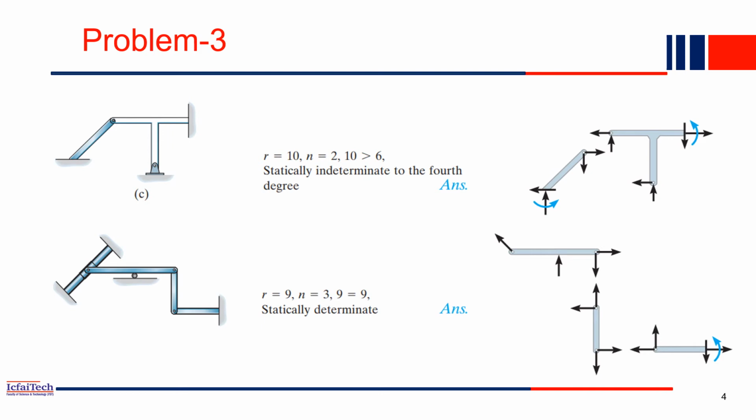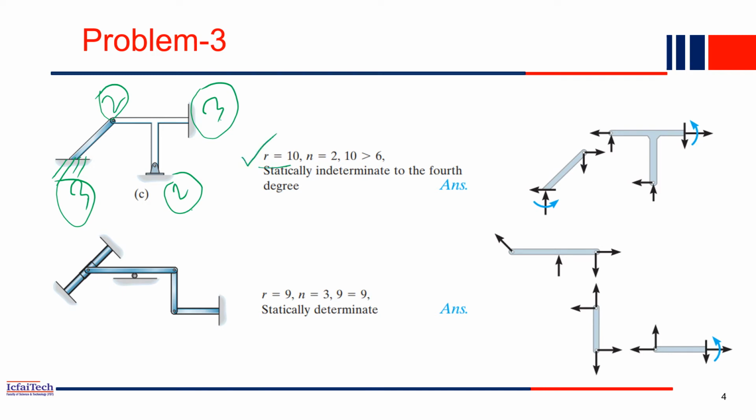So now this is problem 3 we'll discuss. Problem 3 here is similar to a frame structure. So let's do it quickly. This is a fixed support. Fixed means you have 3 unknowns. This is a hinge support. Hinge support you have 2 unknowns, and then this is also a fixed support. We have 3, and here a pin is connected. Pin joint means 2 more. So total how many? 3 plus 2 is 5, 3 is 8, 2 is 10. So R is now 10,